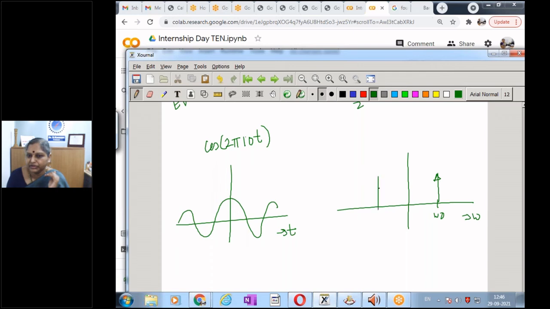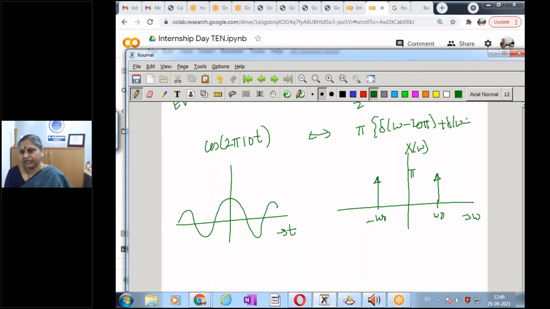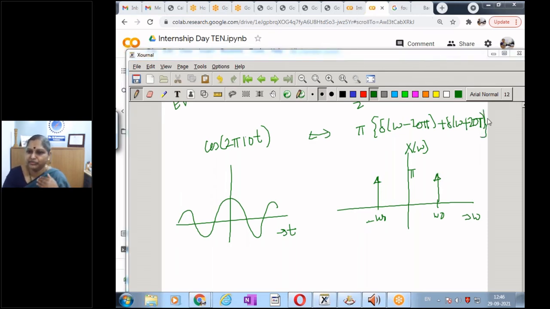I will have it as, this is omega naught and this is minus omega naught. The magnitude is pi. This is my X of omega. This is what I get, my answer as pi times delta of omega minus 20 pi and delta of omega plus 20 pi. So finally, after doing all the mathematics, you get only this result. Now extending the same question,